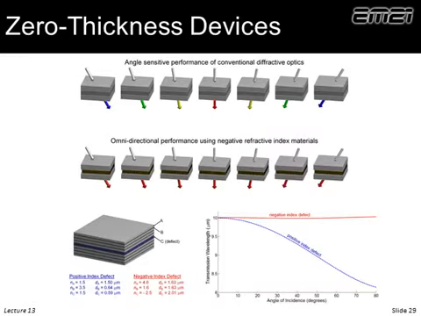Another neat thing is something has a negative refractive index. It also has a negative thickness. Well, suppose we have some kind of multi-layer thin film optical filter, if you will, and this produces a pass band at some wavelength or some frequency. It turns out this structure is angle sensitive.